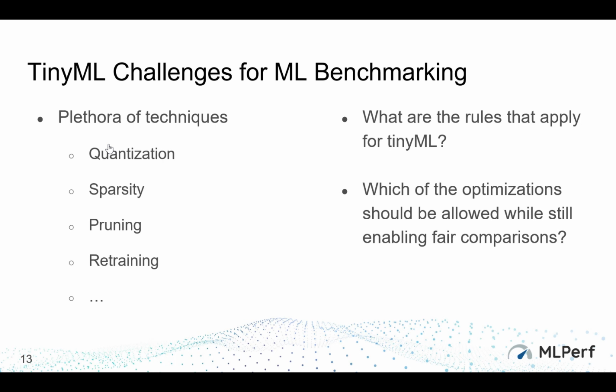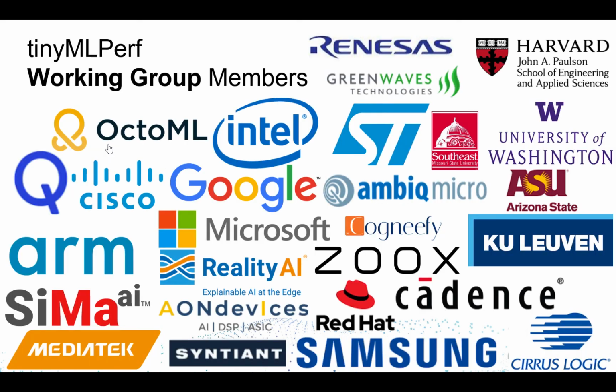Then obviously, do you allow sparsity and pruning related optimizations where you might change the network structure as a result? What are the rules for these for the tinyML systems, right? This is an opportunity to actually declare what those rules need to be. How often or how important are these things? So, these are all questions that are interesting.